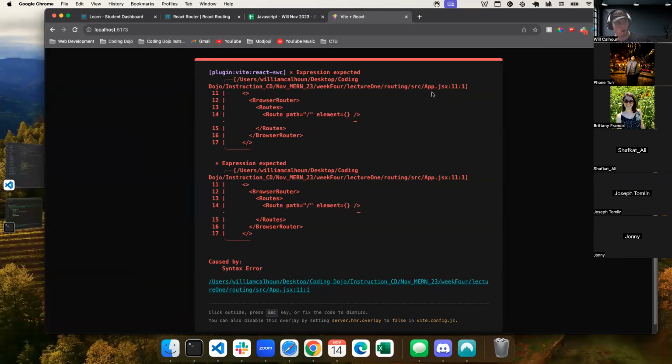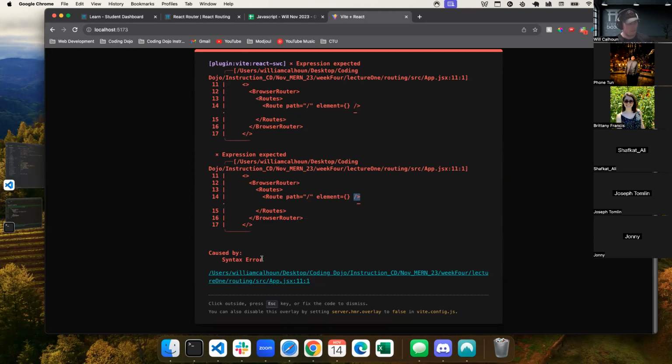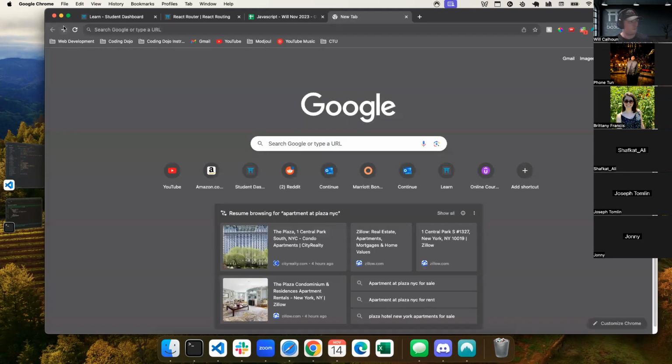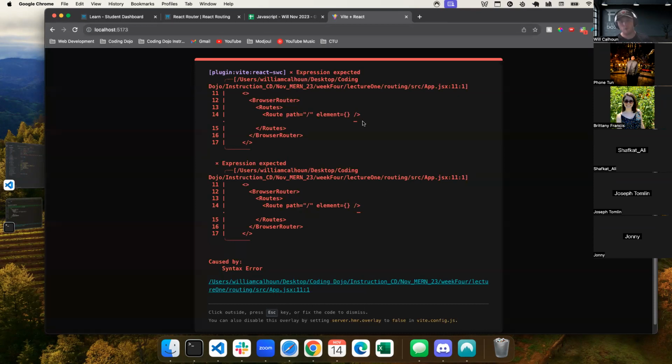And we can see right here, I'm already getting an error. So we were talking about errors. Let's look and read this error here. So Vite is telling us expression expected. It's giving me an underline here. And it's saying syntax error. Usually what happens is when it gives me an underline here, it's saying prior to this point, or at this point where my route is supposed to be done, there's an error in here. So if I was looking at this, I would say, okay, something is wrong with my route. And that is true. It's just we haven't built it yet.